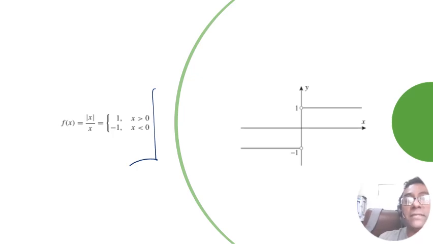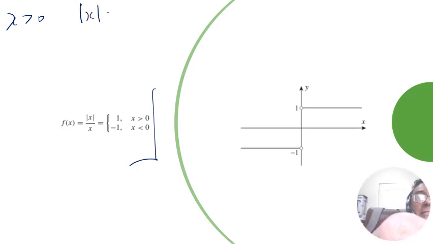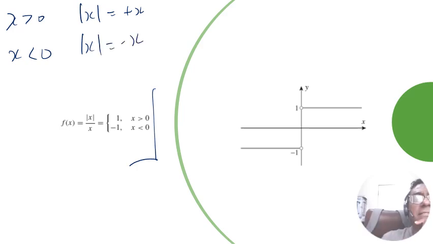Because if you think about that very carefully, for x greater than 0, what do we have? If we go back to the definition of the absolute value, we know that the absolute value of x is equal to plus x for x greater than or equal to 0, and for x less than 0, we know that the absolute value of x is equal to minus x. Now this is interesting, because if I write out this function in its two parts, piece by piece, then the limit of f of x